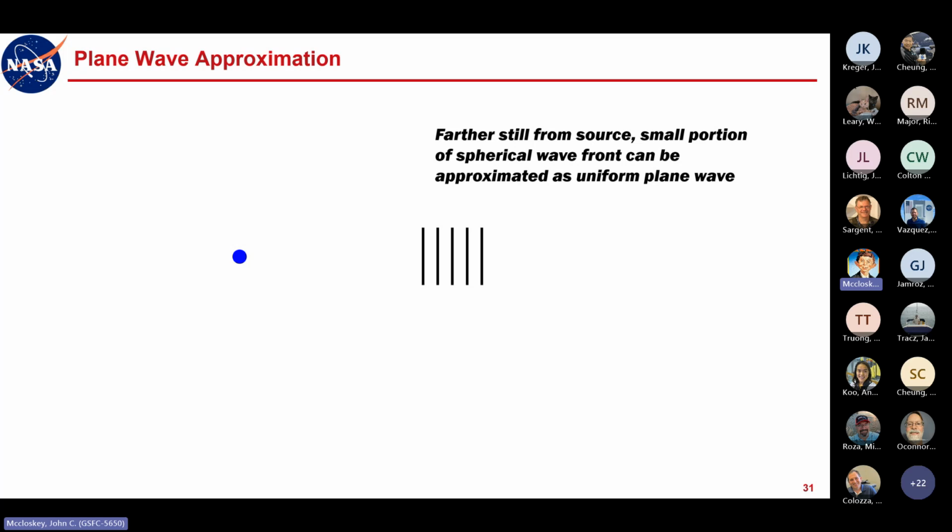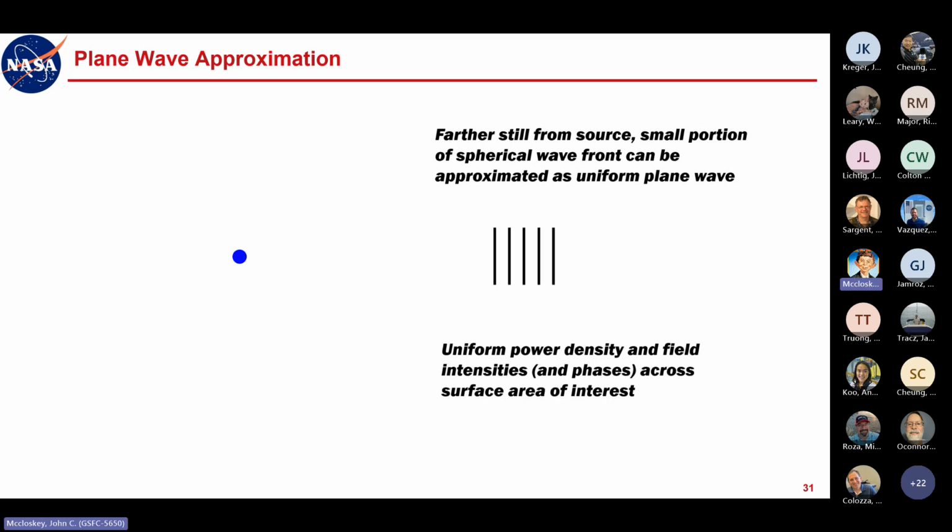And then if you go further still from your source, and you're only looking at a small portion of that spherical wave, then you can approximate that as a uniform plane wave. And then the mathematics and the general concept gets a lot simpler. And what that means is that you have a uniform power density and field intensity and phase across the surface